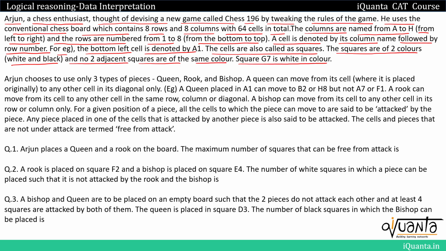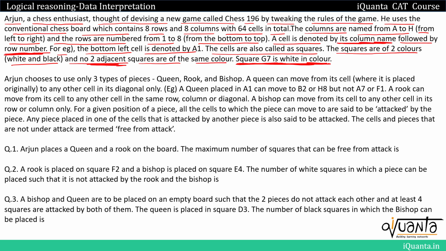So we have a new game over here which is Chess 196. We'll be using the same 8x8 chessboard. We'll have squares of two colors, white and black. We have been given the color of one of these squares, G7, and it is white. Apart from that, we have been told that no two adjacent squares will be of the same color. So by knowing the color of just one of these squares, we can find out the color of all the squares in the chessboard. And the naming of a particular cell will be done by taking its column name first followed